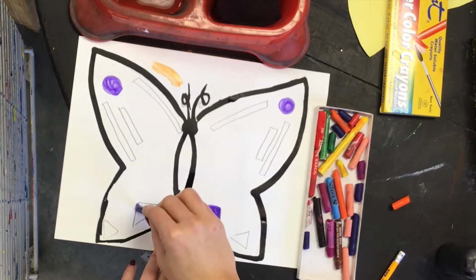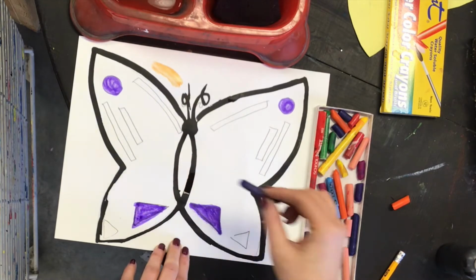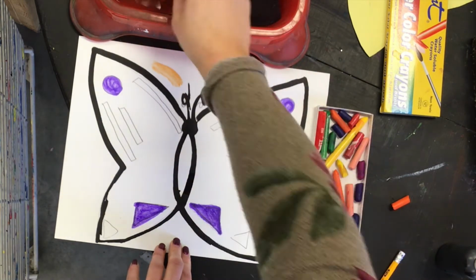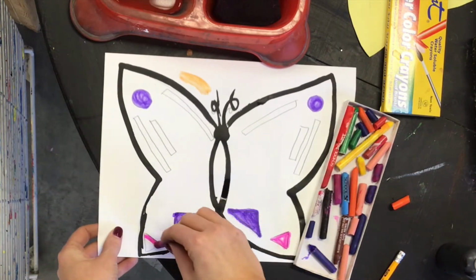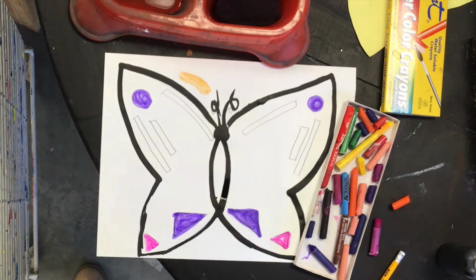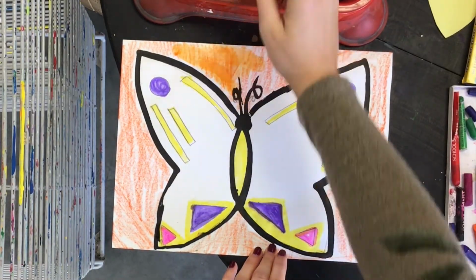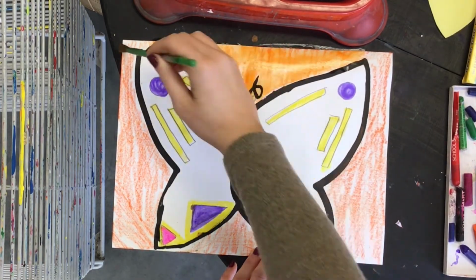Then continue to fill your shapes with different colors, making sure to use good craftsmanship, being neat and careful, and you can switch colors and use whatever colors you want. Just dip the end of your crayon into the water as many times as you need to get the color to spread. One other thing that you can do with your watercolor crayons, like I did in the background, I